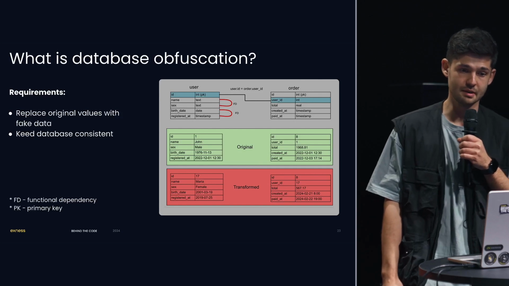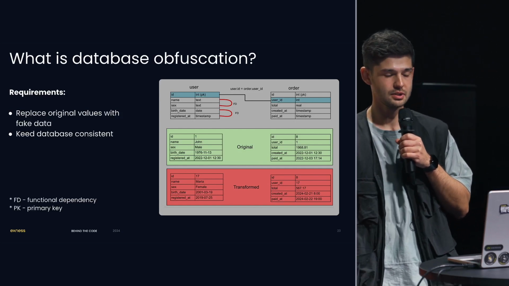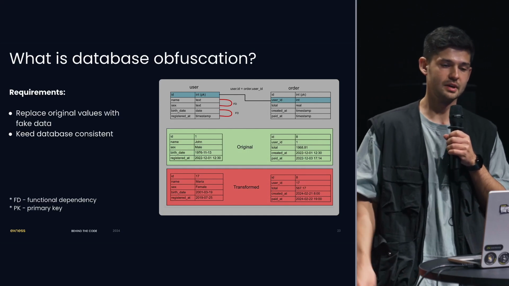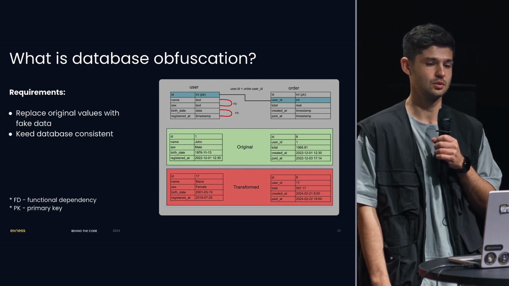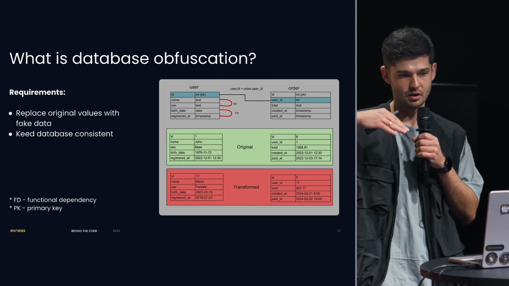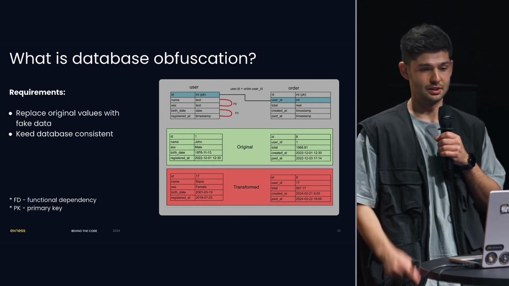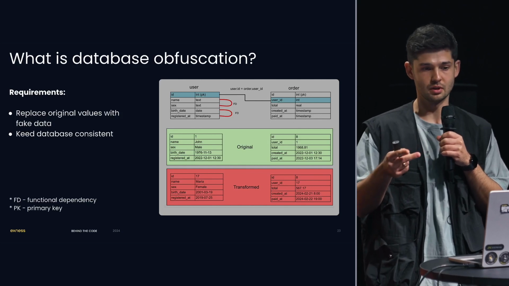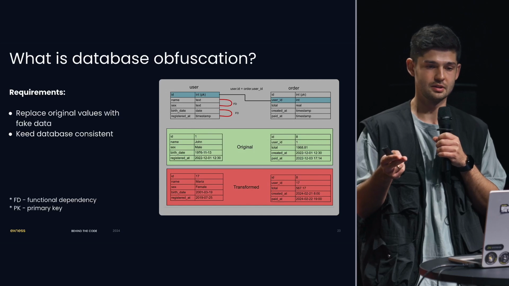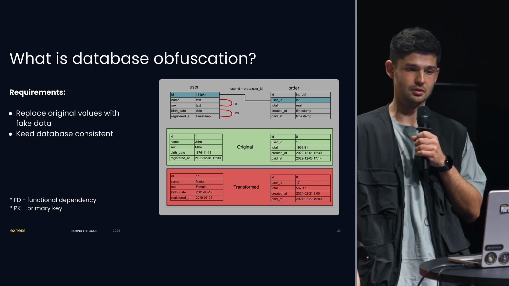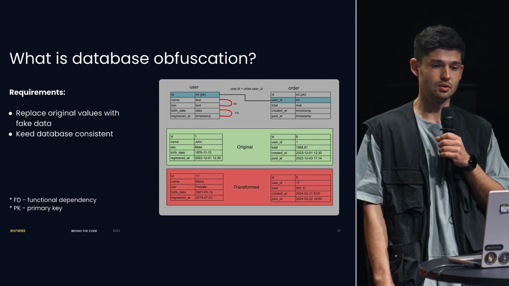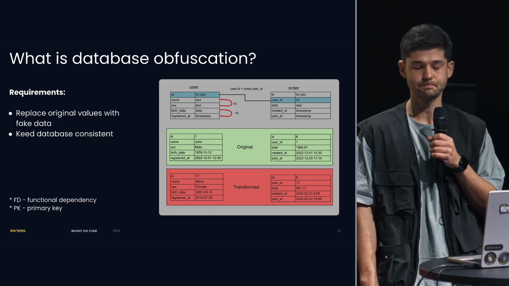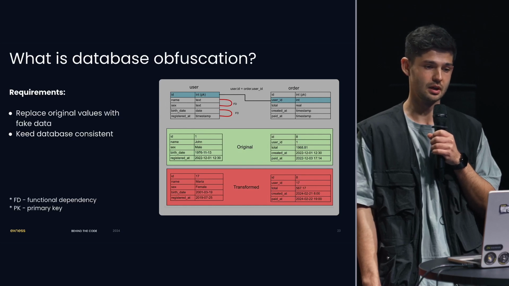So, here is an example. We have two tables, user and order. All of them have personal data, and we have to somehow avoid leakage of this data in a staging environment. There is a reference between these tables, meaning that order depends on user. Also we have red lines on the user table. It is functional dependencies between,